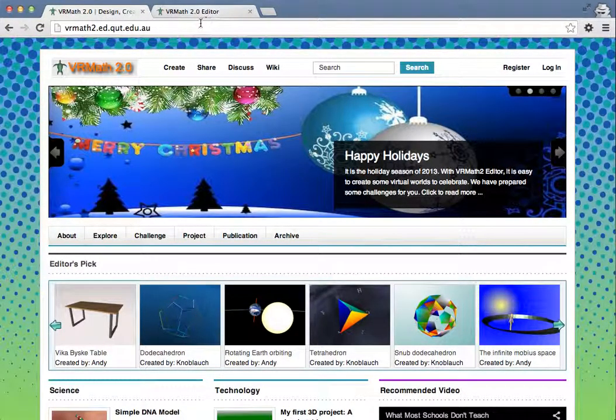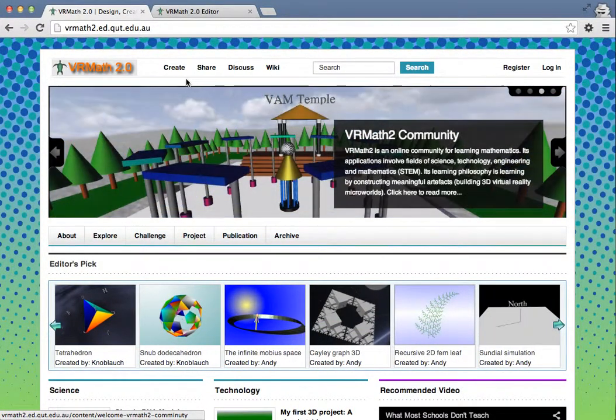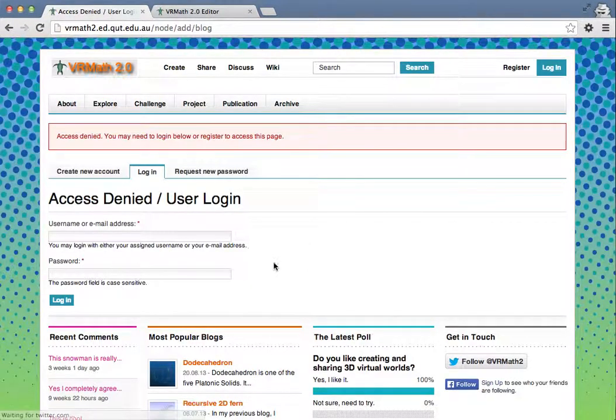Now, when you create some virtual worlds and you saved or published some 3D world, you can then go to the share. Share is basically to write a blog. At this stage I have not yet logged into this site. An anonymous person can only browse the website, but cannot write a blog. So everyone is welcome to register,